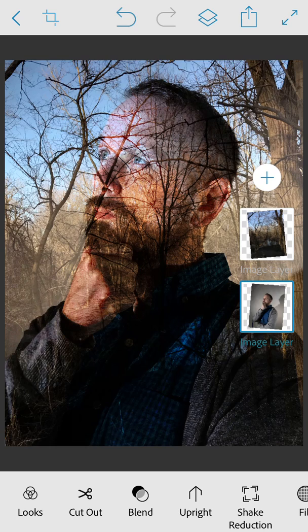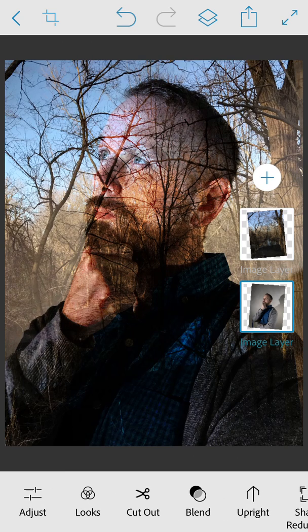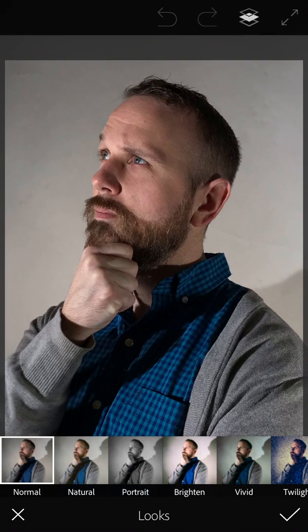First thing I'll do is, you can see I still have the background image, the portrait image selected. I'm going to switch over into my looks. Okay, these are good looks right now. It's a joke. But